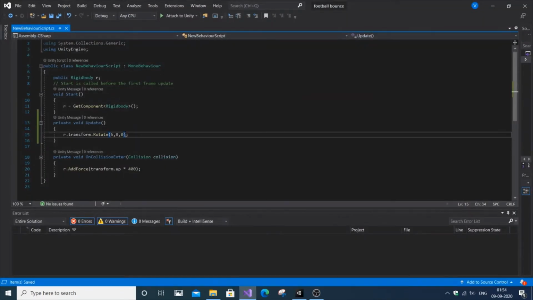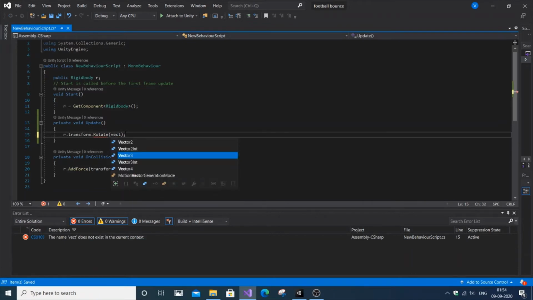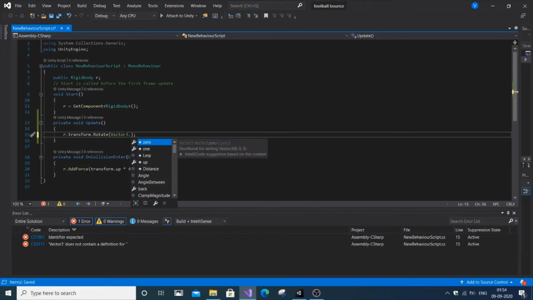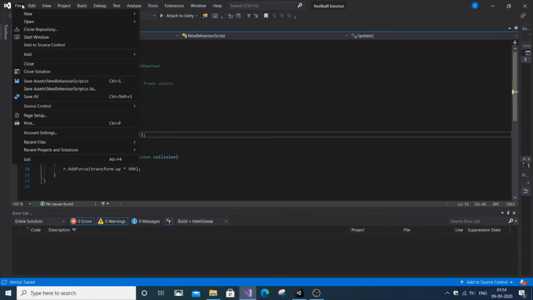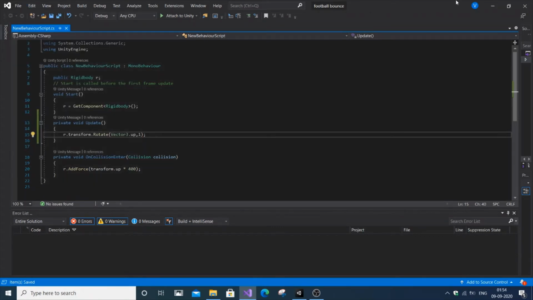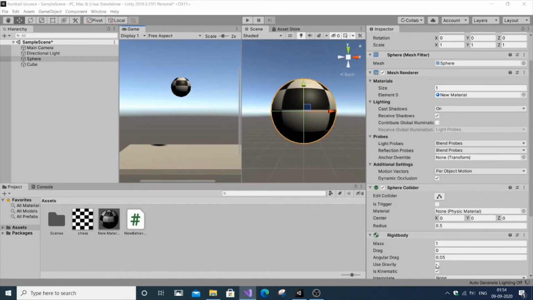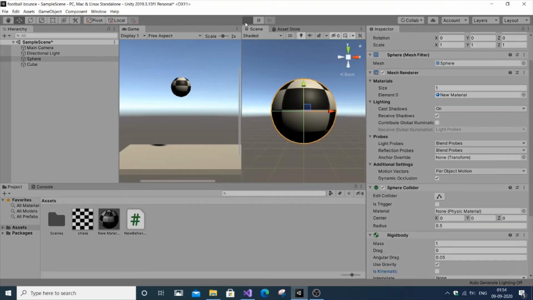So one way to change it is to use Vector3 dot up or down, anything is good. I'm just going to put up, comma, and the axis will be 1, and save it. Let me change this to normal and remove the kinematic setting. Now you just play it.